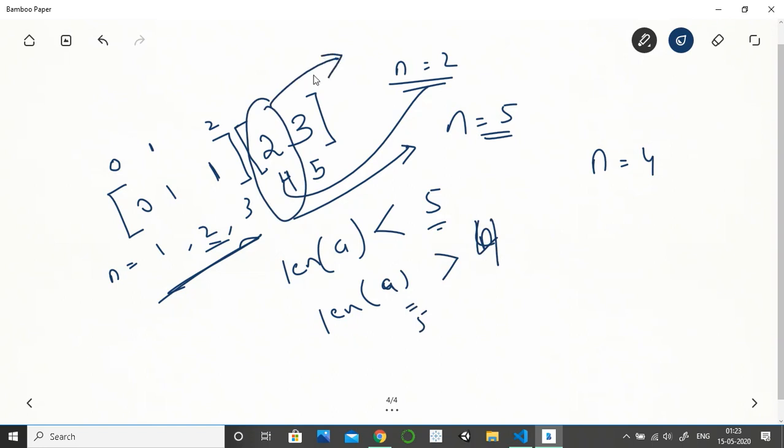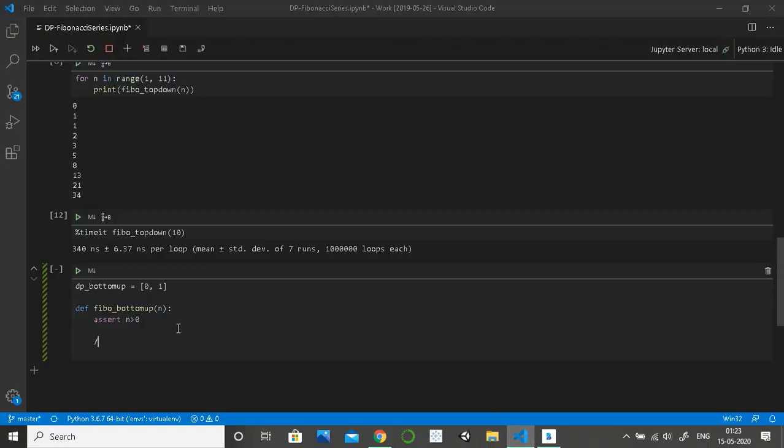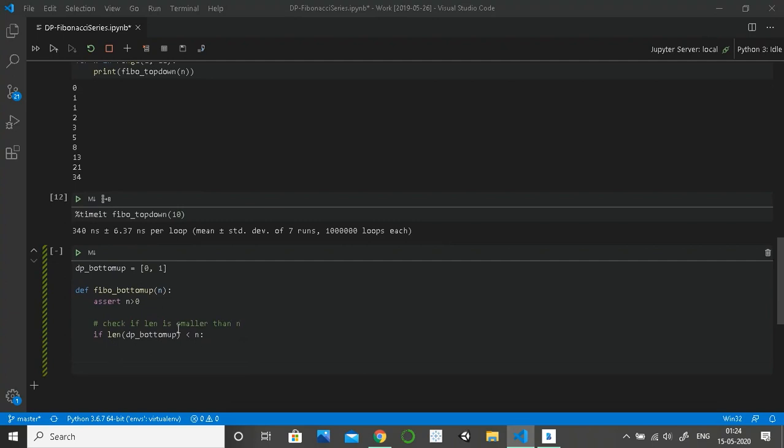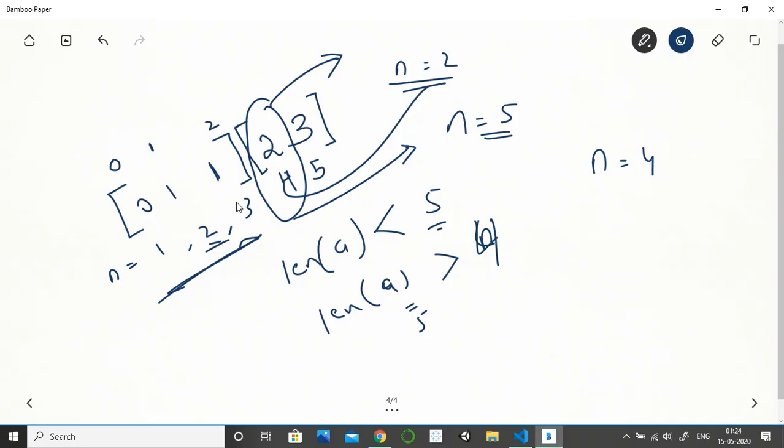Okay, so that is the logic of bottom up. So check if len is smaller than n. Okay, and my bad, comments are like this. So now we will write a condition: if the length of dp bottom up is less than n, then what we will do, as I mentioned here, is not only put the value of 5, but